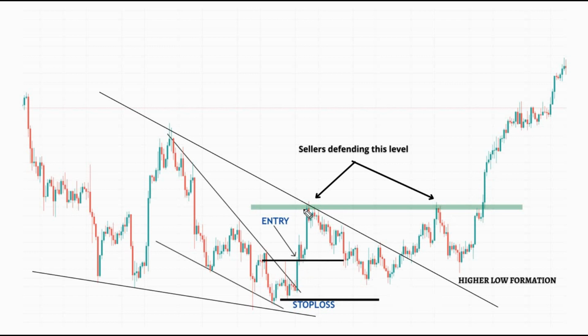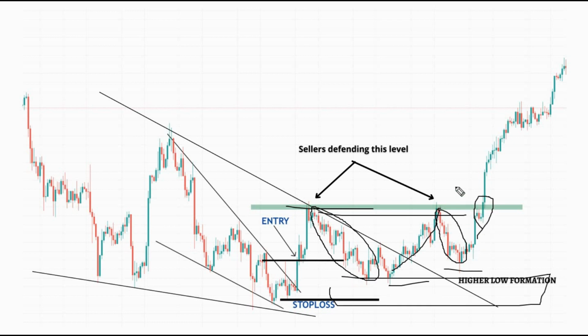Okay, again sellers from these levels tried to push the prices towards the downside, but prices were continuously making a higher low formation. See, from this area sellers pushed the prices aggressively towards the downside, but when prices again reached this area, sellers tried to push the prices down, but it is continuously making a higher low formation. So this is an indication that bulls are getting very aggressive at this price area, and then it eventually broke this level. So we'll enter again here, stop loss here, and see the huge upside momentum after that. Okay,